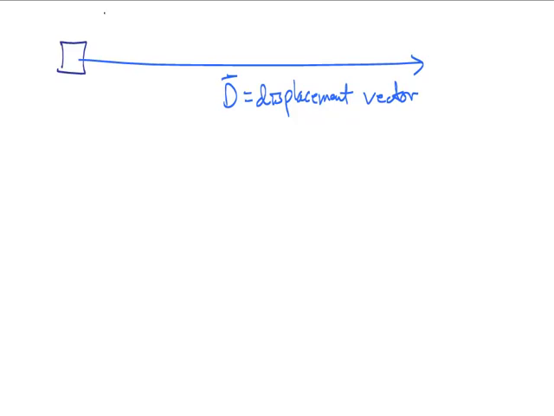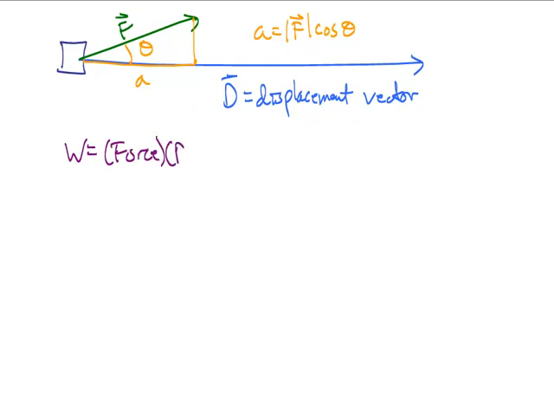And we're going to have some force vector F pulling at some angle, say like this. So F, of course, is our force vector. And that's going to form a certain angle. Here we'll call that theta. Now, what portion of F contributes to the work being done in moving this object? How do we find what our work is? Well, remember, it's going to be this horizontal component of the force vector, and we found that, if we call that A, it was equal to the magnitude of F times the cosine of that angle theta. And so our work, which is force times distance,